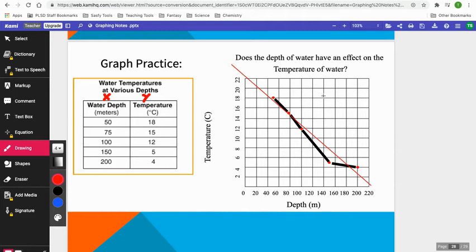All right, so step 4 is I'm going to go ahead and label my x and y axis with both a unit and the variable, so depth and the unit I'm using to measure my depth, and temperature and the unit I'm measuring temperature, so meters and Celsius. Step 5 is to plot all my points. So I went 50 and 18, plotted the point. Then I went 75 and 15. Then I did 112. Then I did 150 and 5. And then